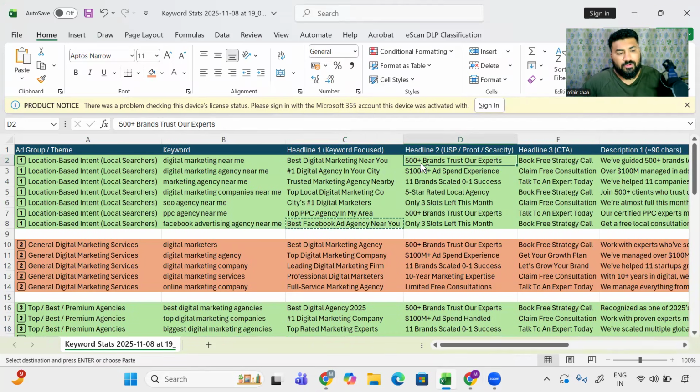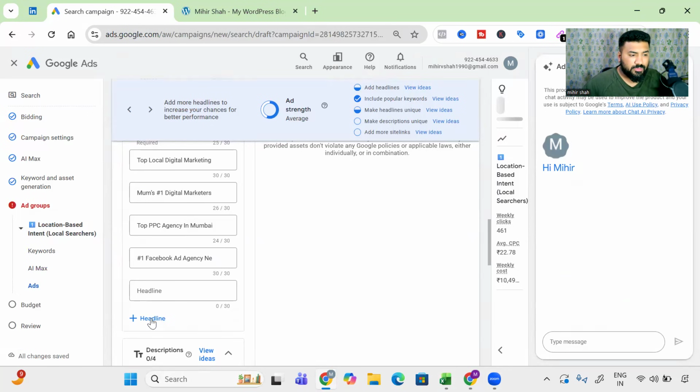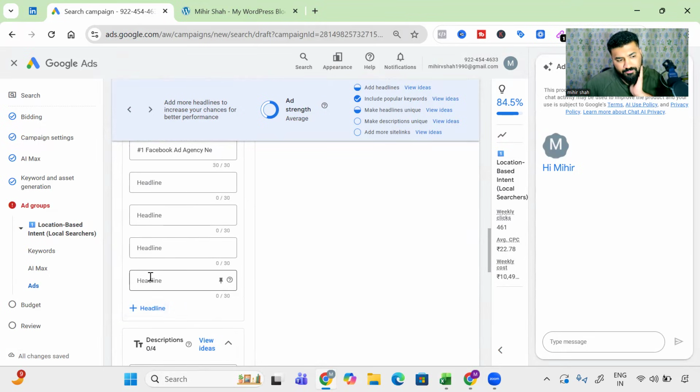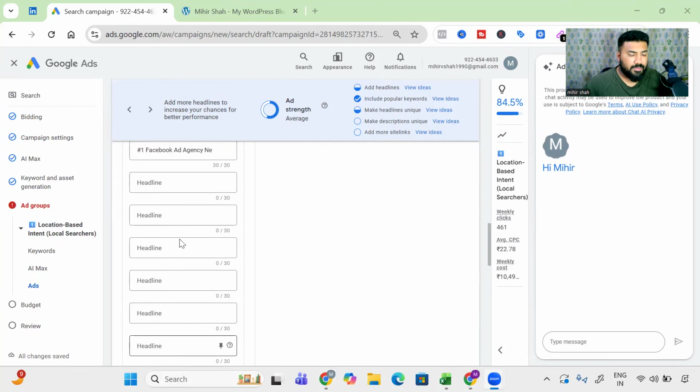Now I'm gonna go for number two because I've gotten a check mark on my keyword list. So I'm just gonna add a few more of these headlines. And